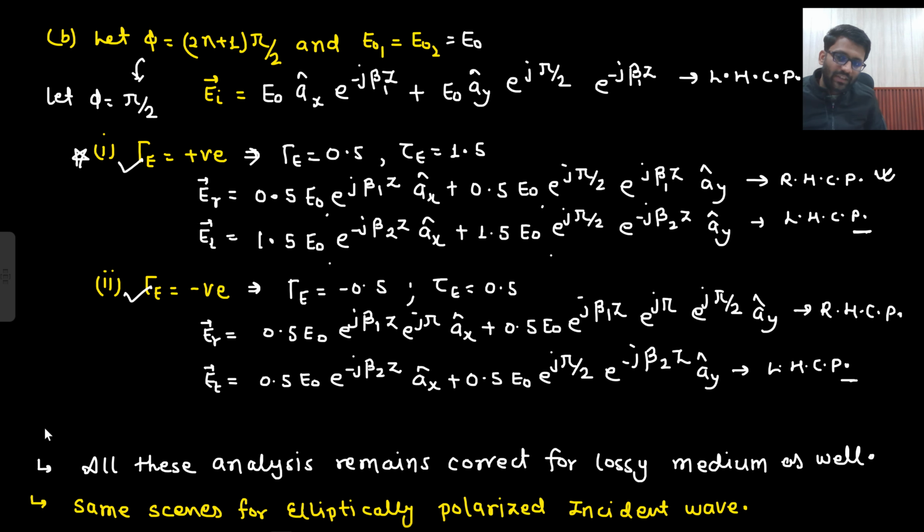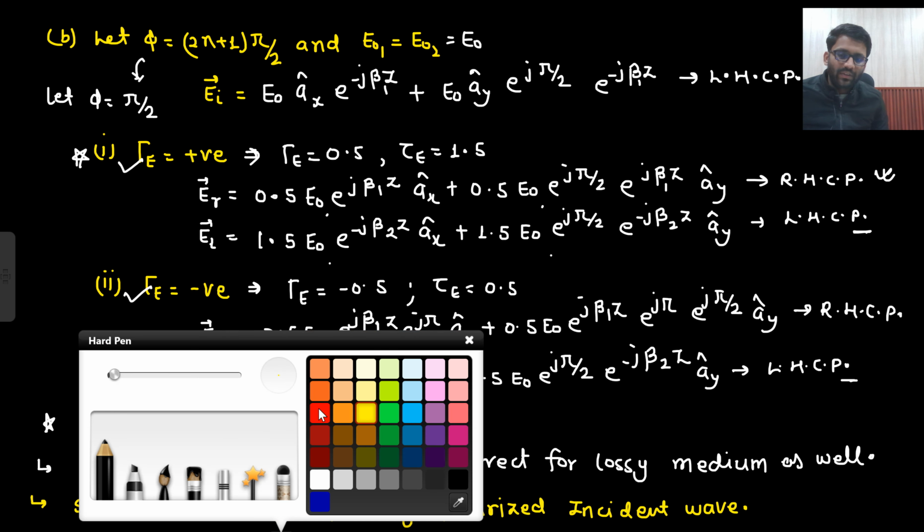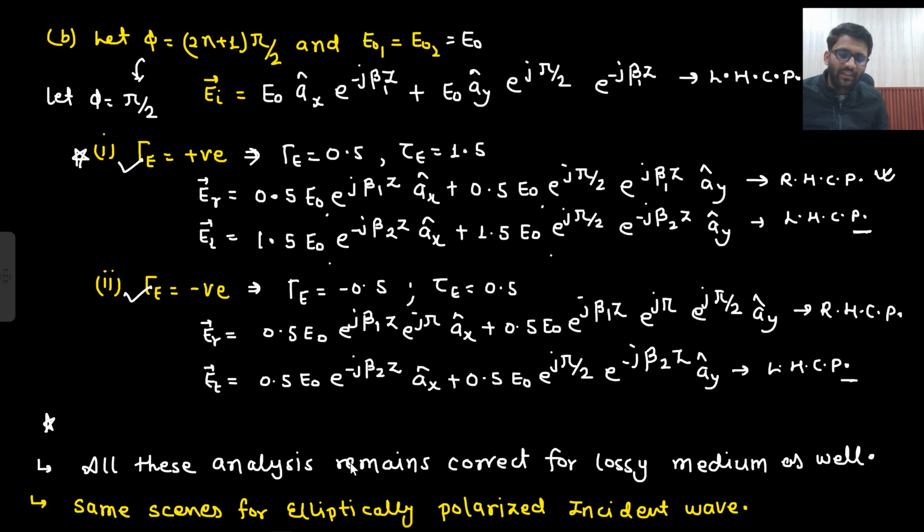So in case of normal incidence, if you want to remember only one conclusion, then this is the conclusion. If they want to ask any question, I guess they will frame the question on this one. Only this one they will frame the question. What they will say is that